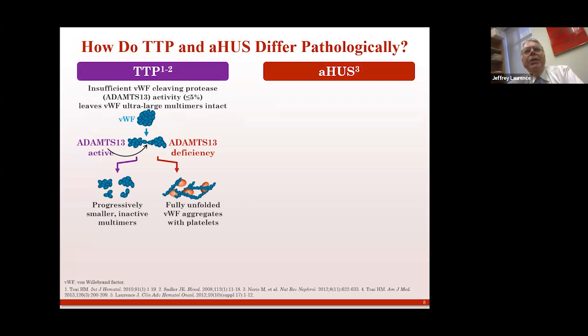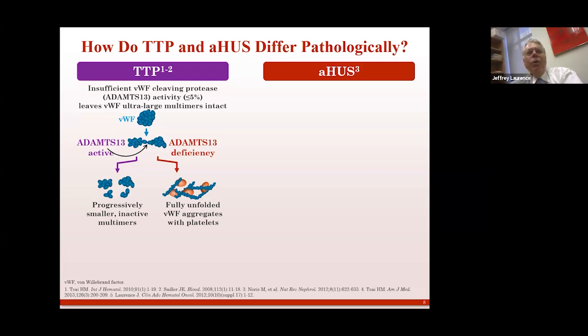In TTP, you injure a microvascular endothelial cell. Injured endothelial cells pour out von Willebrand's factor, which binds together to form ultra-large von Willebrand's factor complexes, which tether platelets. Those large aggregates of von Willebrand's factor with platelets plug up the injury in the endothelium. Once that injury is taken care of, you want to stop that process from happening. What stops it is an enzyme known as von Willebrand's factor cleaving protease activity, otherwise known as ADAMTS13.